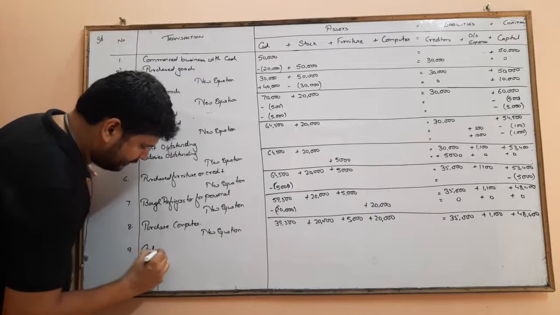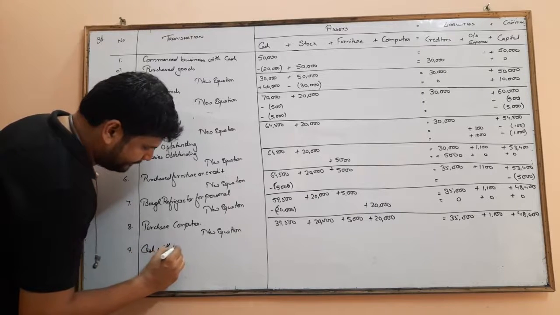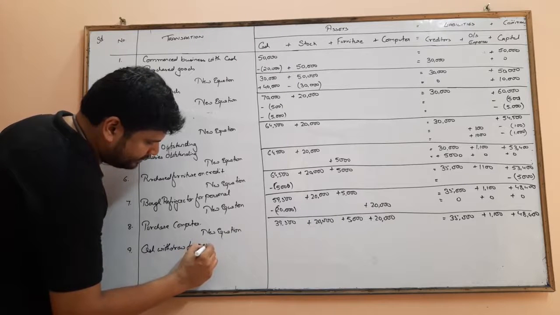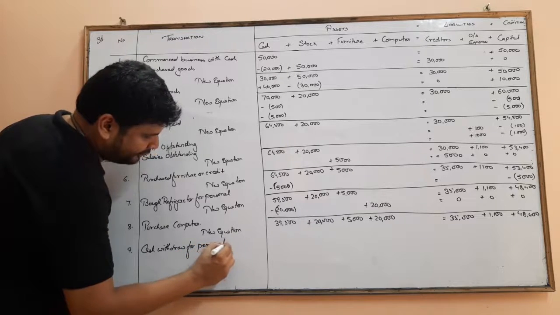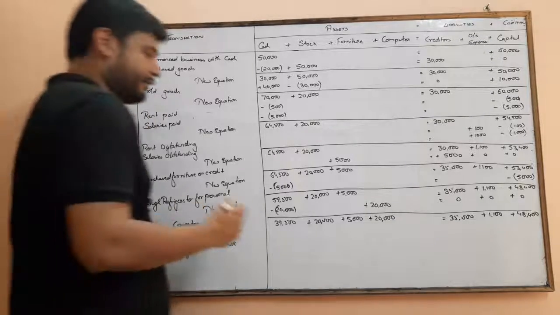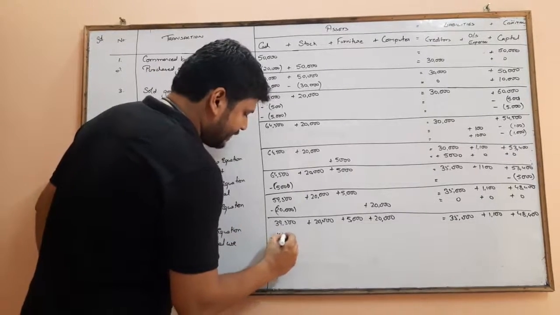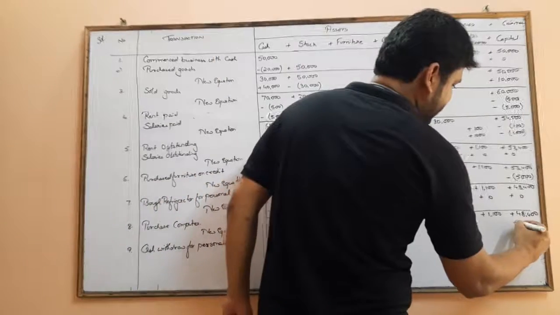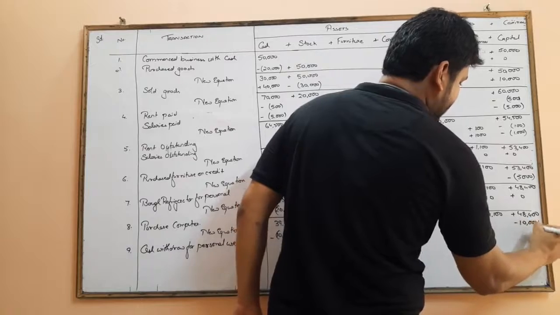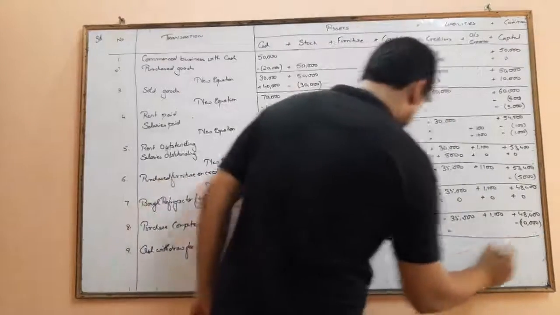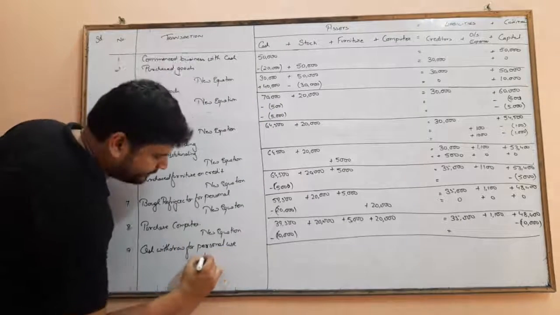So cash withdrawn for personal use of rupees 10,000. If I am doing anything for my personal use, that will be a drawing for me. So minus 10,000 from the cash, and it will be a drawing. So minus 10,000 from the capital. After this transaction, my new equation will be